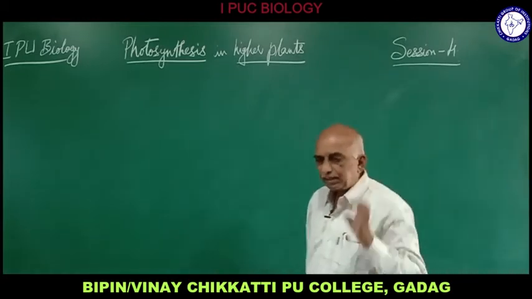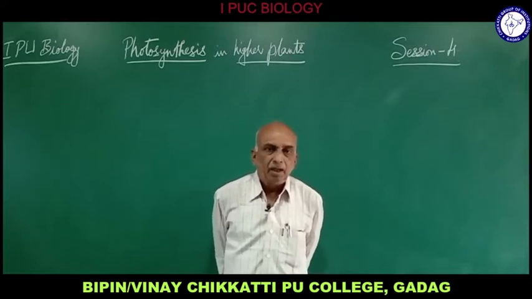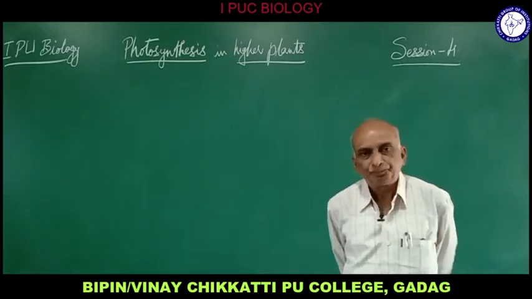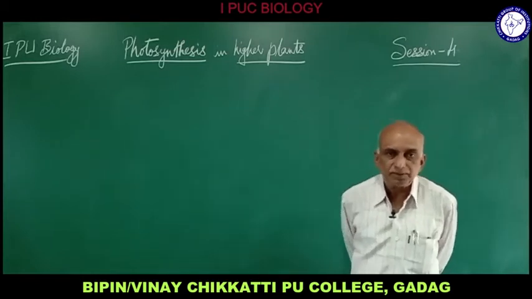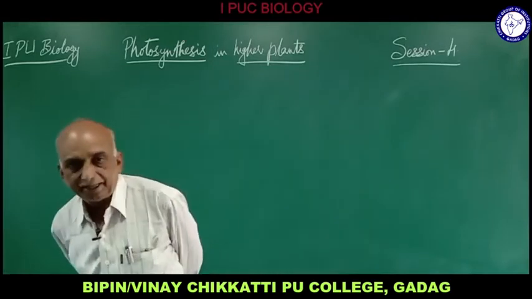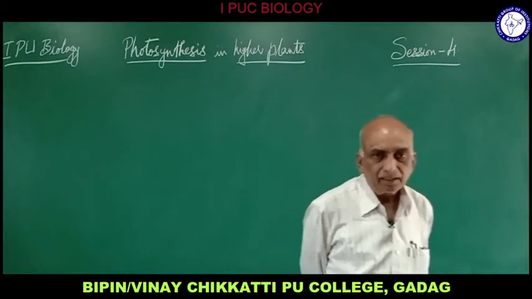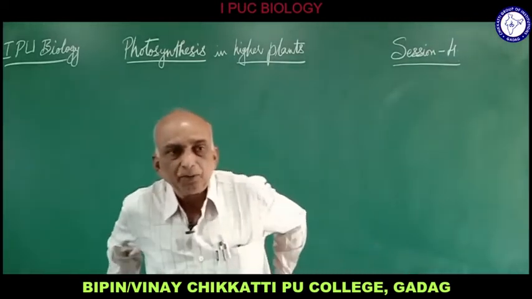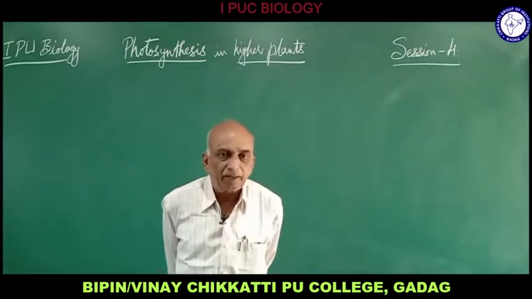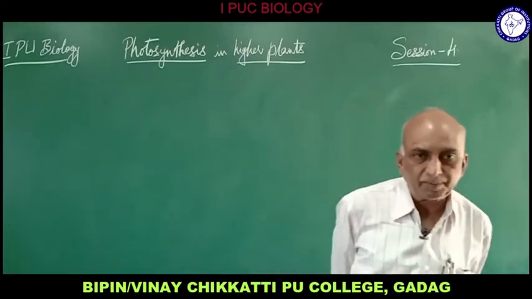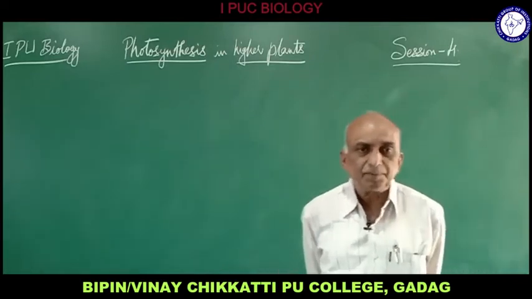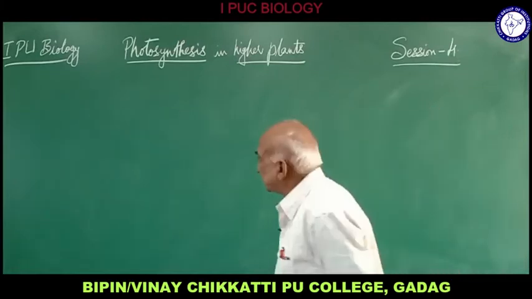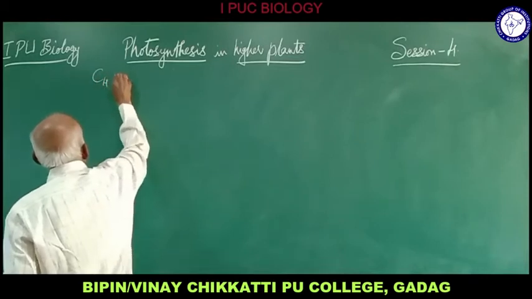Now these 12 PGA are reduced by NADPH2 and form phosphoglyceraldehyde. So 12 NADPH2 are necessary to reduce 12 PGA into 12 PGALD, phosphoglyceraldehyde. Two PGALD combine to form a molecule of glucose, whereas the remaining 10 molecules are involved in the regeneration of the 6 molecules of RuBP. That is how the Calvin cycle takes place, and the plants where this C3 pathway takes place are called C3 plants. But there is one more cycle, which is called the C4 pathway,